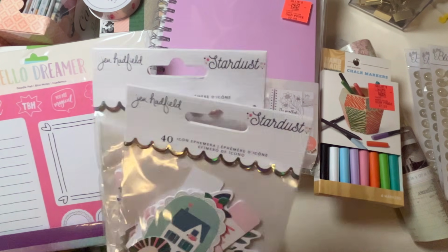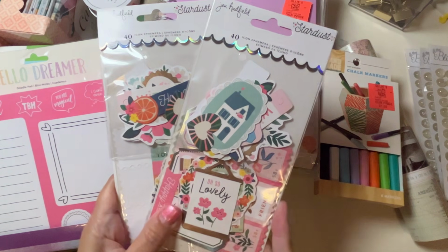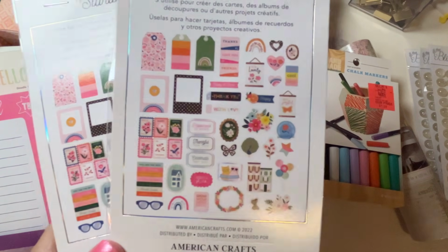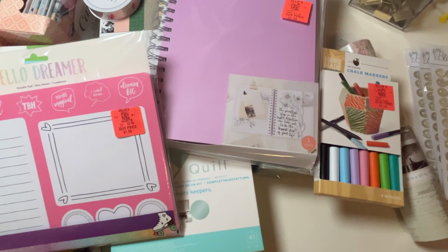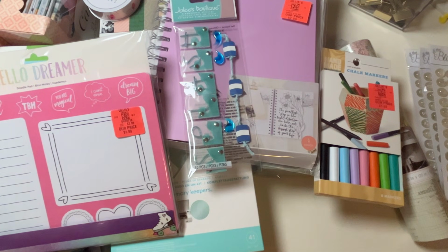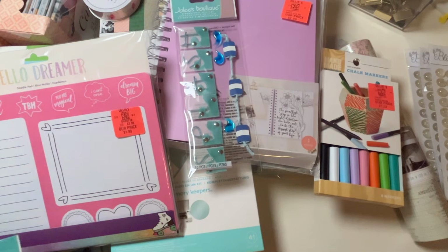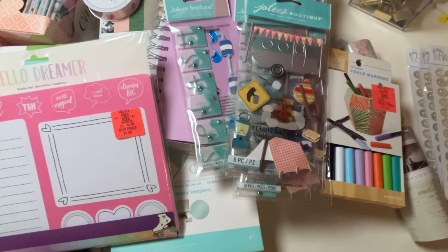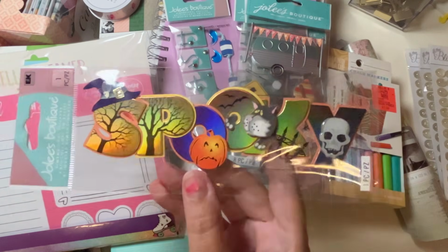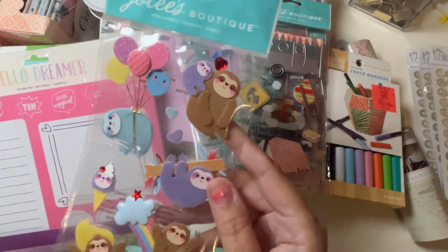Then I picked up these Jen Hadfield Stardust ephemera. I got a couple of those. I got some Jolie's. I got these splash ones with the vellum. So those are really pretty. And then these camping ones. So pretty. I picked up some more of these. I got one more of those, the spooky letters, the sloth bears, which I could not pass up because,